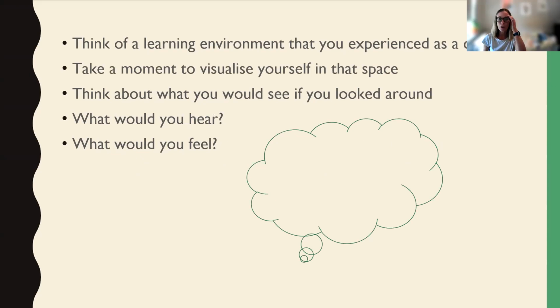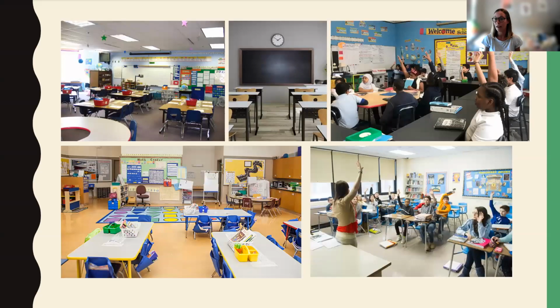So I just wanted to start off by asking you very briefly to think of a learning environment that you experienced as a child when you were at school. Doesn't matter what stage of your education that was, and just take a moment to visualize yourself in that space. Think about what you'd see if you looked around, what you might hear, and what you would feel. And I would imagine that whatever you are thinking of right now, regardless of where in the world you're educated or how long ago you were in school, you're probably imagining an environment that looks something like one of these pictures,